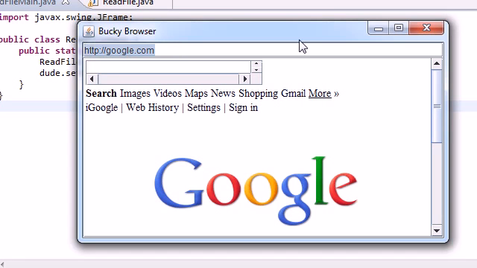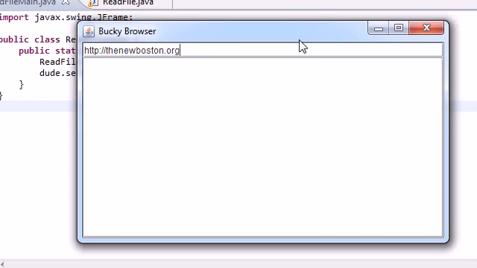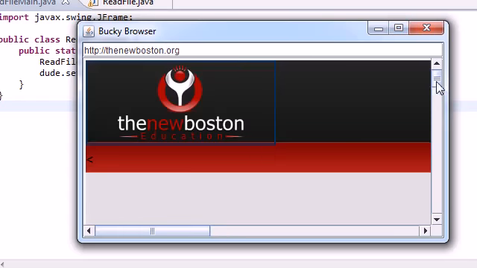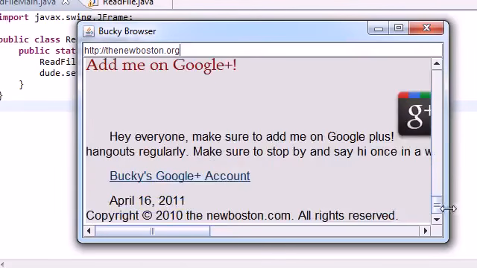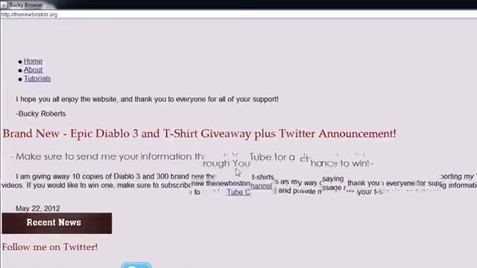So now let's test out one more page to prove to you guys that it actually works. HTTP thenewboston.org, probably the best web page ever. And now check it out. Oh yeah, this web page, of course, like I said, since this web page is built in